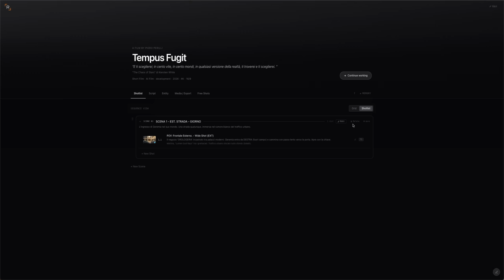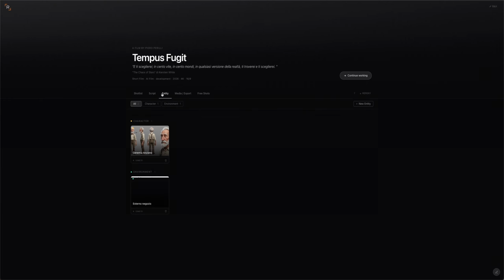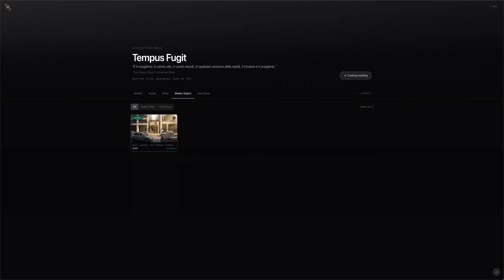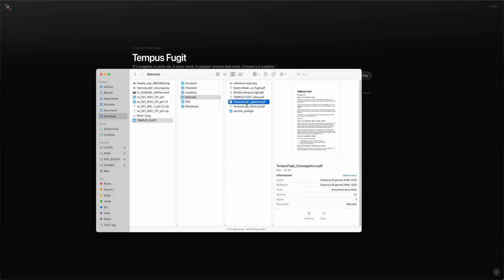Here, the initial storyboard has been bypassed by the output, which is the final video. For the final storyboard, it will be great to see all the videos in sequence. Here, we have the entity library. In Media Export, you find all the outputs you put inside the takes, and they can be easily exported for the final editing. You can insert a script, copy and paste it,